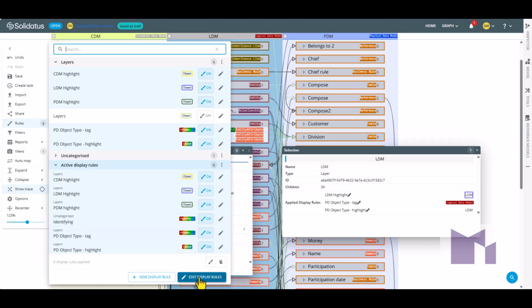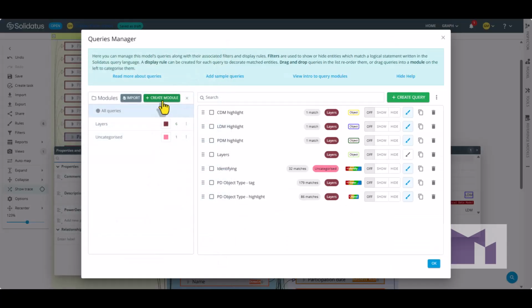Let me just create a new module. I'll call it entities, and I will take the 3 rules I've just added and put them in that module there.